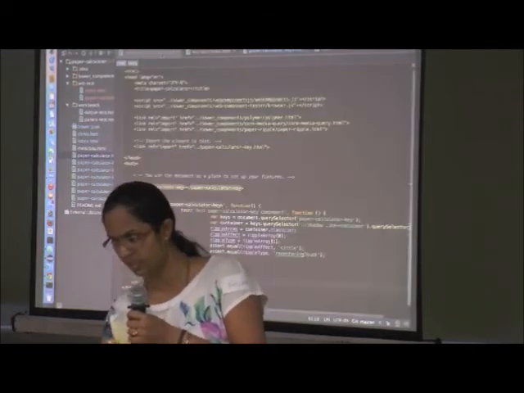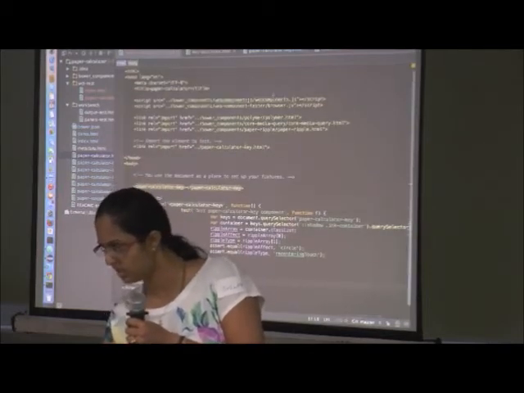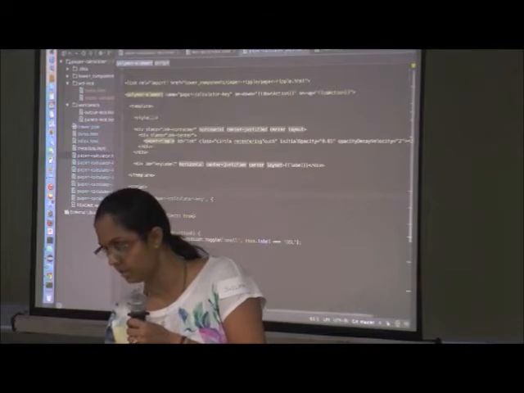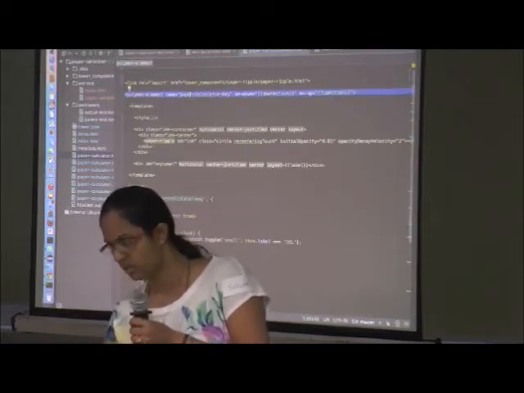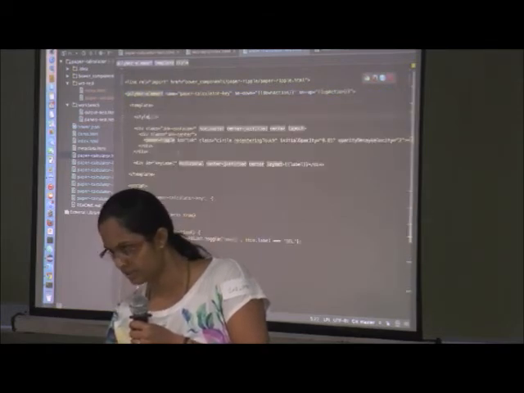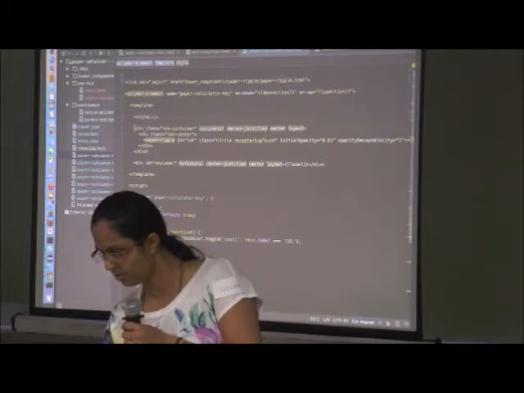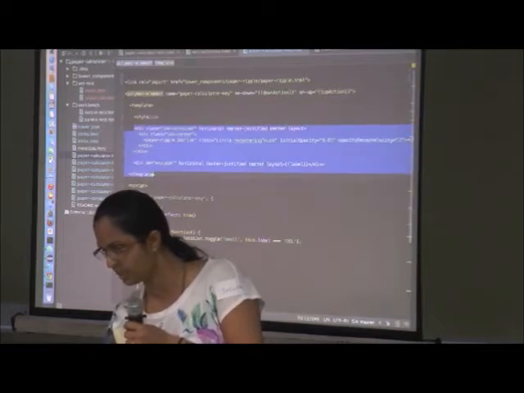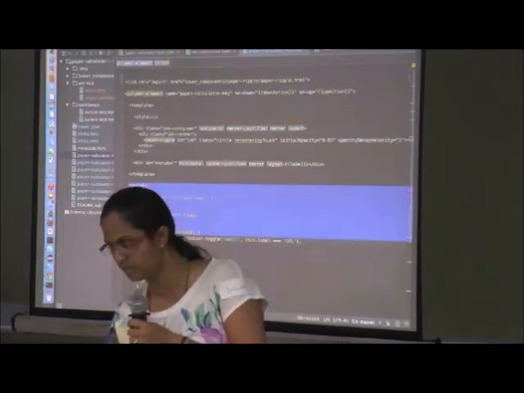So here is my test. Say there is paper calculator key. This is the web component, a new paper calculator key. It has its own styling, and you have your div inside the template, and you have this script here.